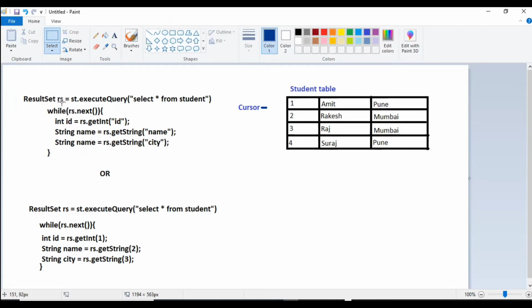So we have data in this object, and now we are going to retrieve the data from this result set object.